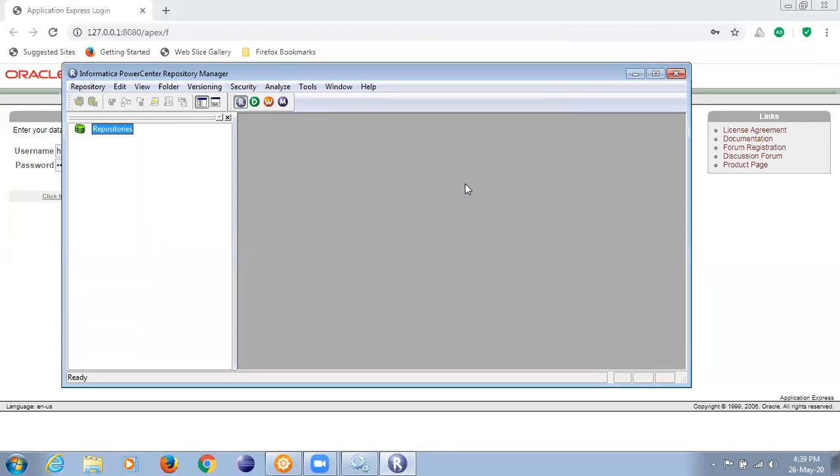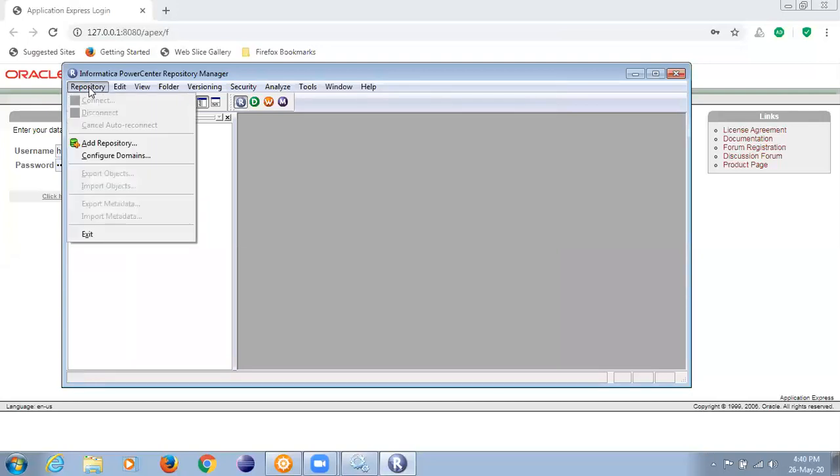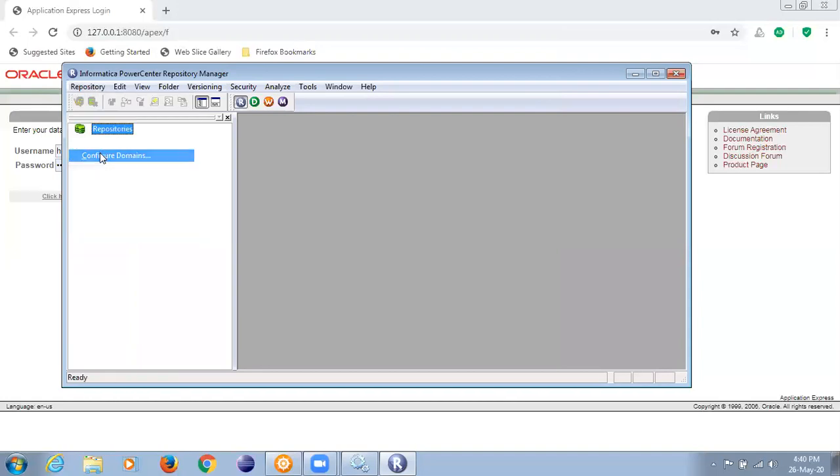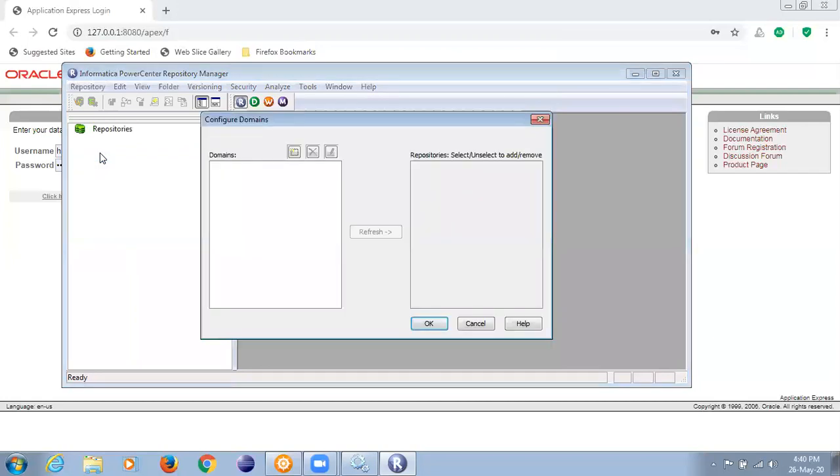So you will have to click on the repositories. Can you see repository at the top? This is again a one-time activity. You have to say configure domains. What I am helping you achieve is to configure the server configurations on the client so that these two can interact with each other. As I said, in the organization these two things will be on separate machines, so we'll have to configure. The same thing we will be doing here also.